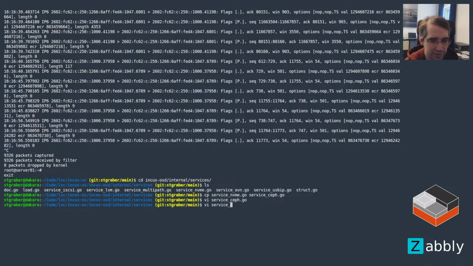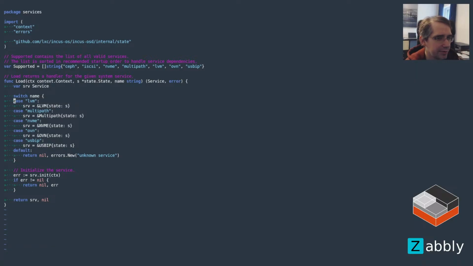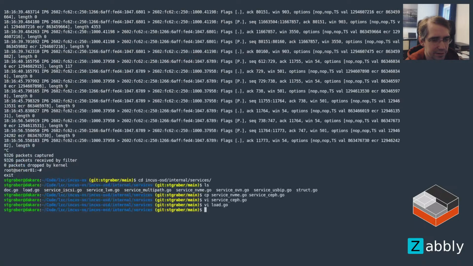So that's very simple. There's a hooking point here. So Ceph can go there. And then we need a loader down here. Okay. And that's basically it. Like that's all of the boilerplate for the service. I said just need to template the two files. And then